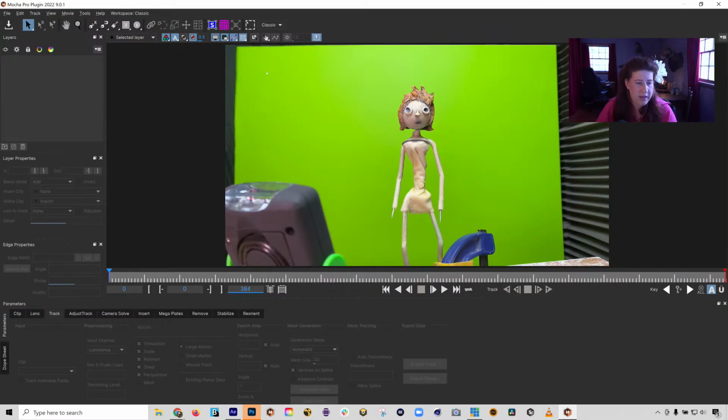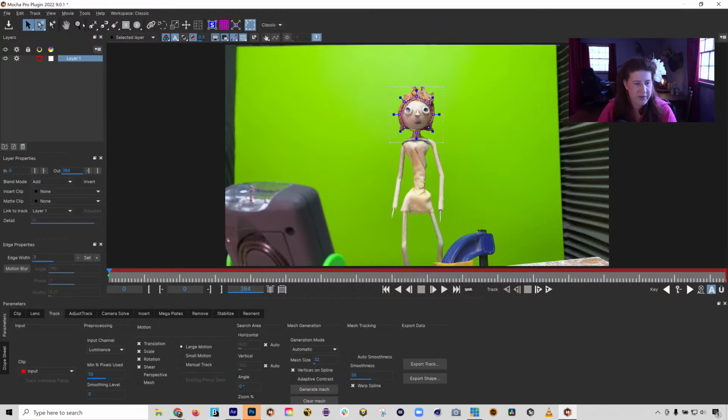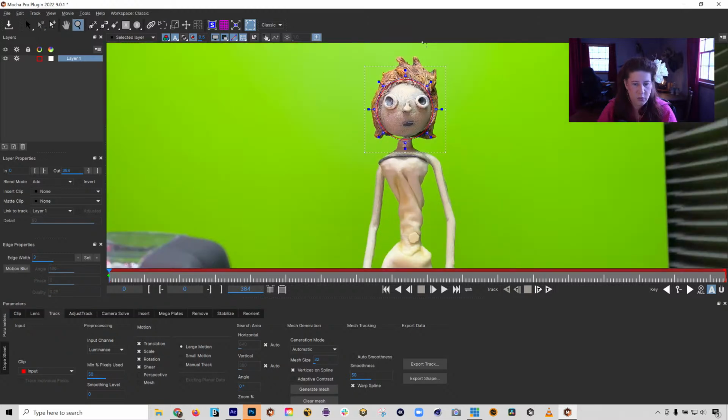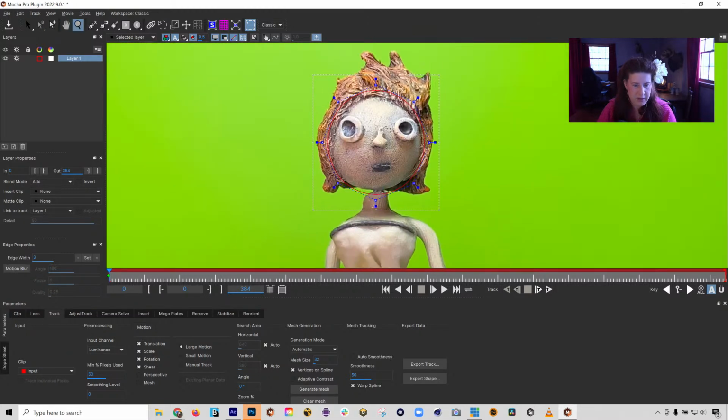Now, we're going to go ahead and start tracking this. So the first thing I'm going to do is take my little solid shape here, and I'm going to just draw a little circle right around our character's face. We're going to zoom in. And we're probably going to use our auto or quick stabilize tool so that we keep our track in the middle of the screen. I want to turn my surface tool on, and we're going to track translation, scale, rotation,